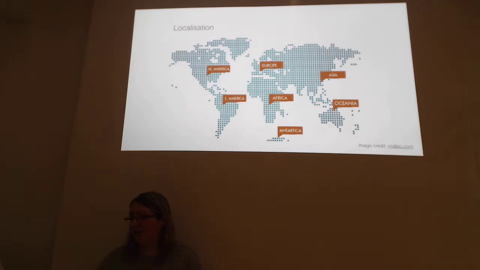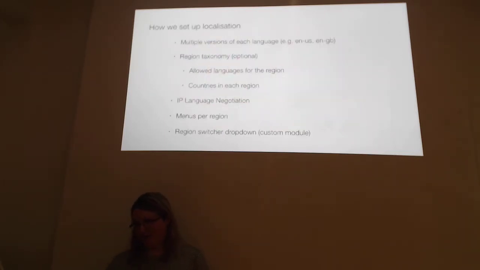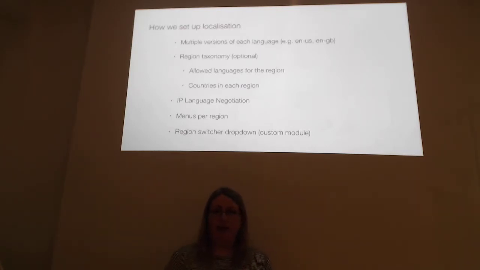So localization and how we did it in Drupal 8 then. So we had multiple versions of each language, so EN-GB, EN-US, and so on. We also then had, so you might have seen in the screenshots at the very start that there were 2 drop-downs. There was one for region and there was one for language. So we had English in every region, but French wasn't in every region, for example. So we had a region drop-down where they could change their region. So if for some reason we identified where they were coming from in the world incorrectly, you could then go change and look at the content for a different market.